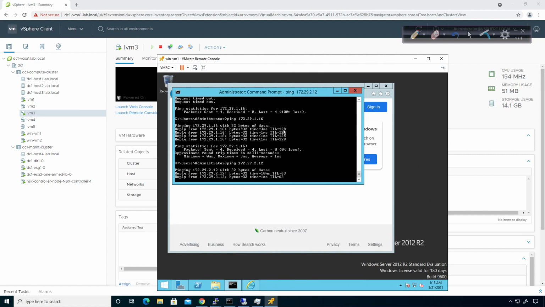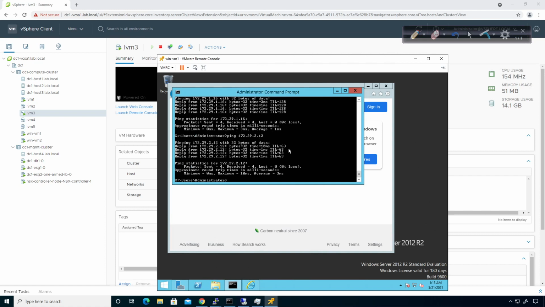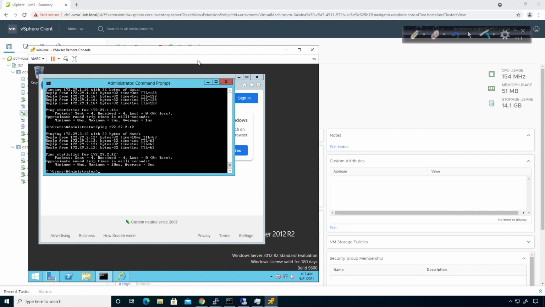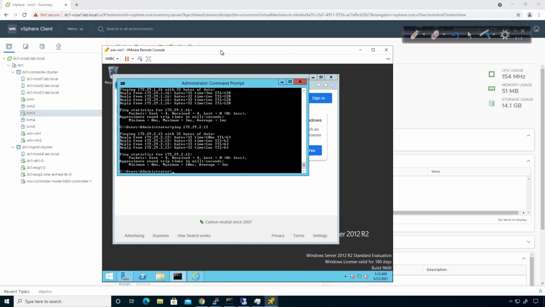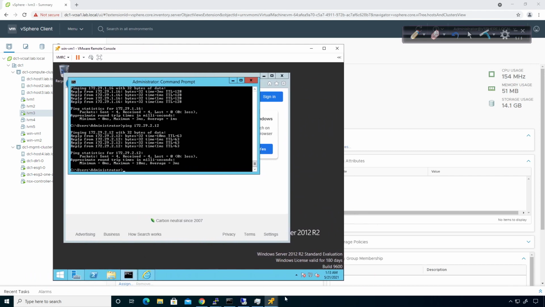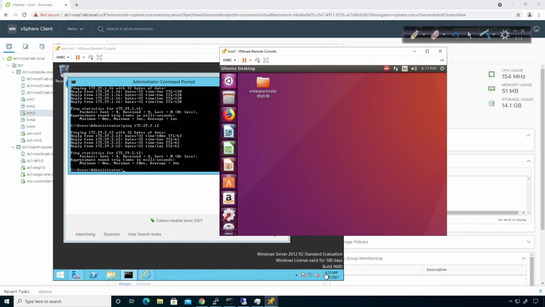The ping is being allowed through. And it's kind of weird because it shouldn't be, right? The ping should not be allowed from WinVM1 to LVM3, right? If I come over here to LVM3 and open a terminal,